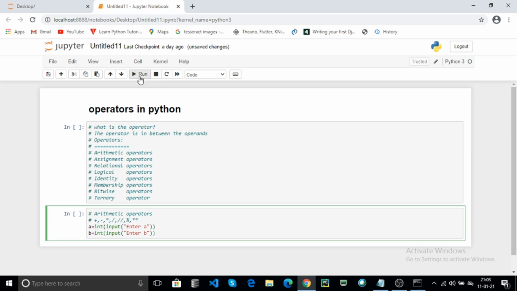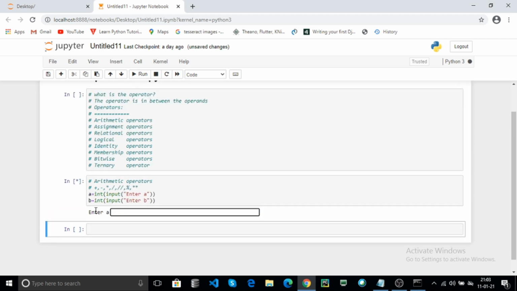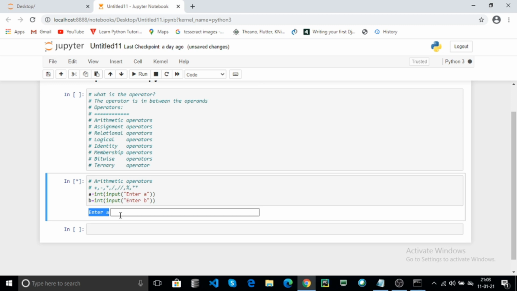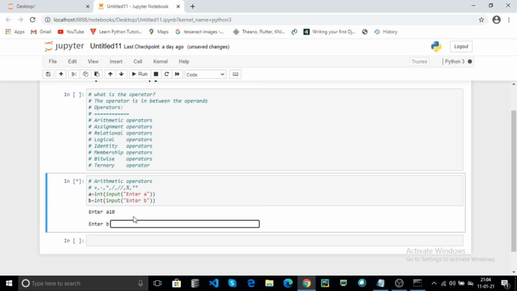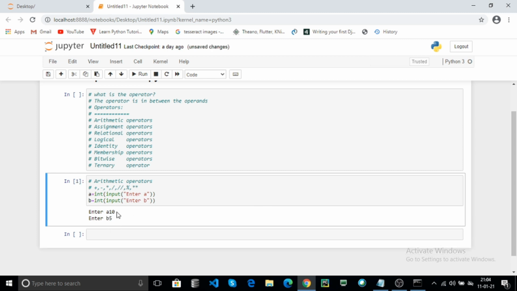Now click on run. Here it asks to enter A. Enter any integer data, hit enter, and enter B, hit enter. A contains 10 and B contains 5.